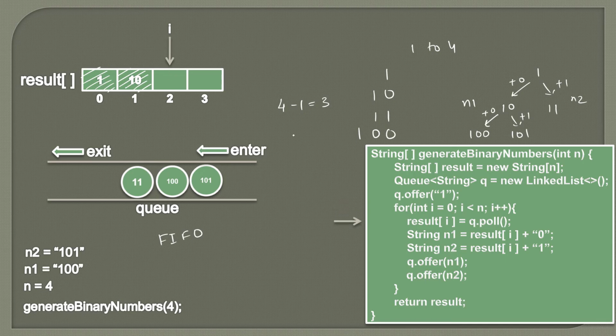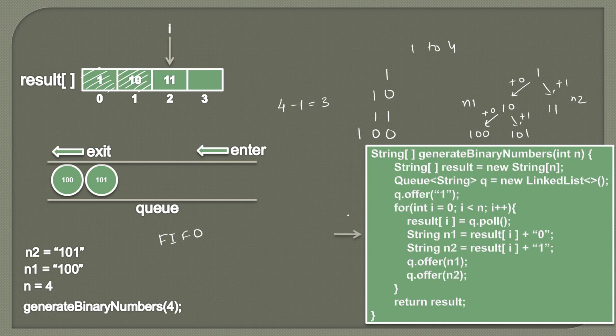Now i will point to 2, which is the second index. To fill this value, we will first pull the element from the queue, which is 1 1, and assign it to the result array at index 2. So 1 1 will come out and 1 1 will come here. In order to create space, we will simply shift this ahead. These are still in the queue, but we have shifted it ahead so that space is created for the other elements to go in. So we have identified one element, 1 1.